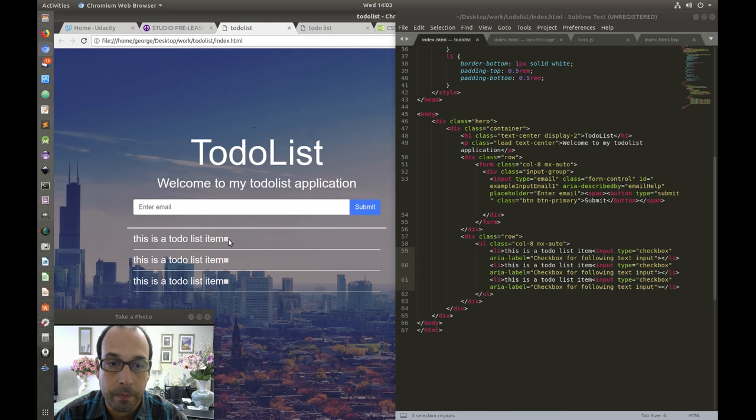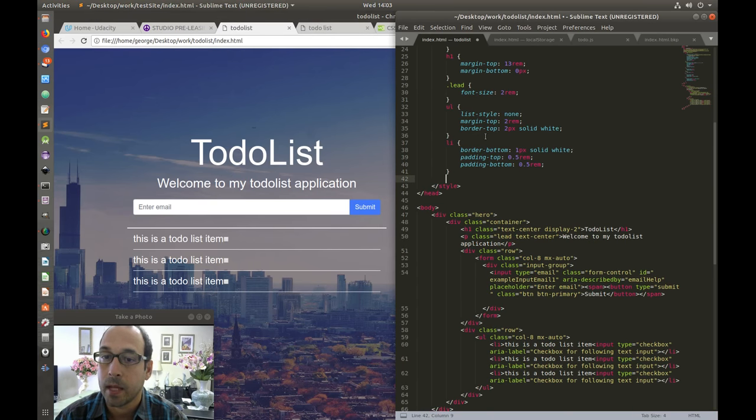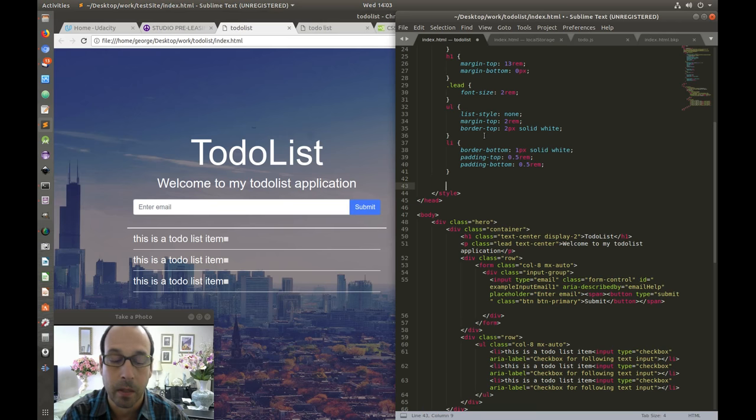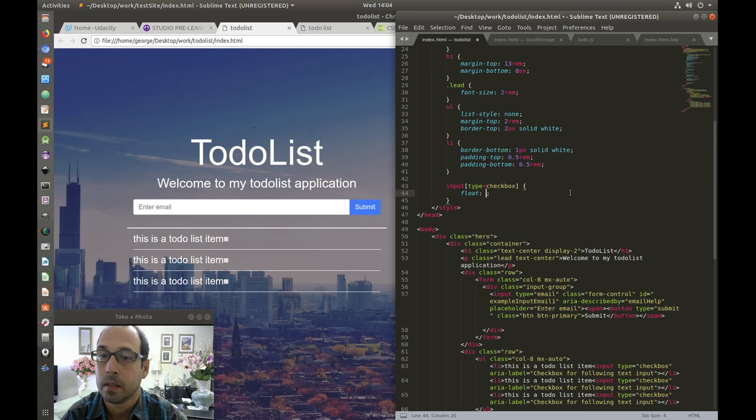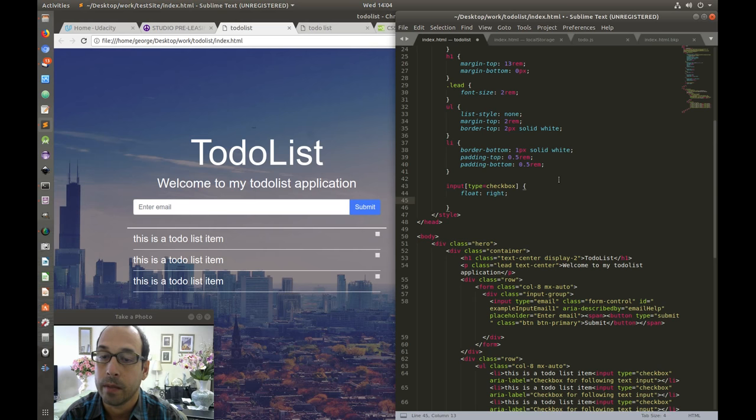However, it's pinned to the left, and I want to make it float to the right. So that's the first thing I'm going to do. I'm going to start styling my checkbox. So I'm going to say input type equals checkbox, and I'm going to say float right, and let me save and refresh that, and nice, now I have it pushed to the right. So next I'm going to give it a height and a width, so I'm going to say